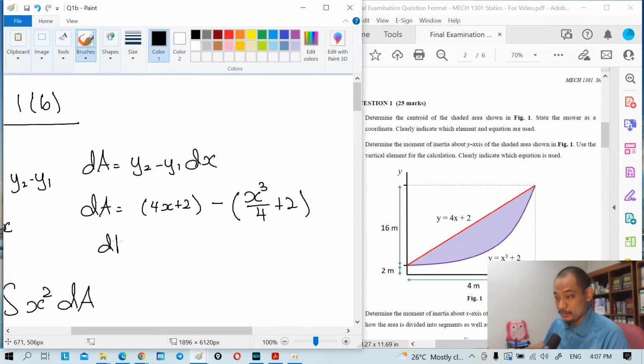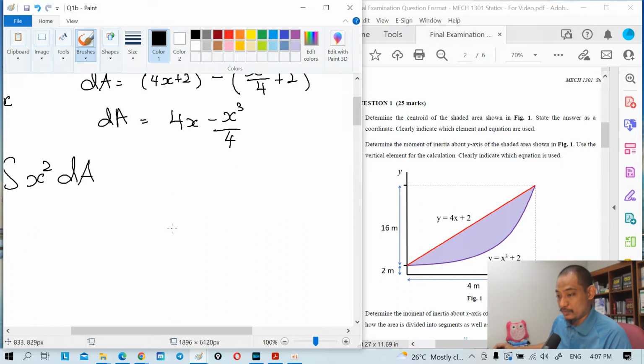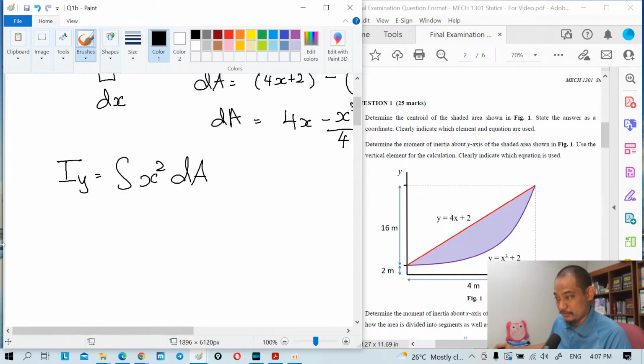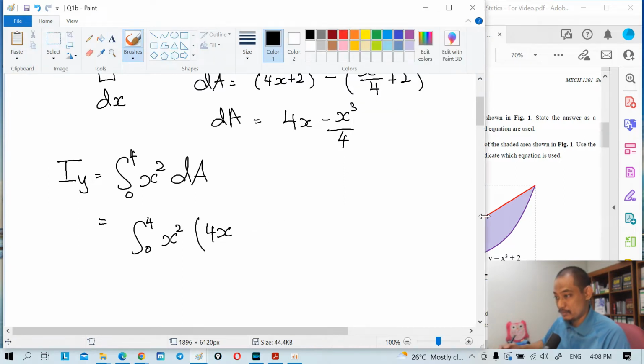So dA equals 4x minus x cubed over 4. The limit will be the same because we chop the areas the same as part A, so 0 to 4. So this will equal the integration from 0 to 4 of x squared times 4x minus x cubed over 4